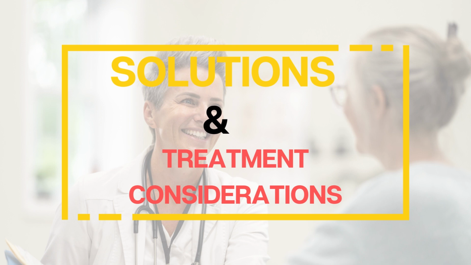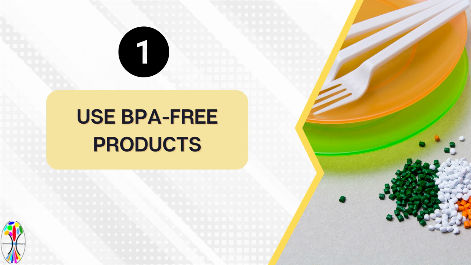So the first thing that we will be talking about is with regards to BPA. As we have talked before, bisphenol A is an industrial chemical that is used to make certain plastics and resins. So it is important that we protect ourselves from bisphenol A and other damaging or toxic bisphenols.